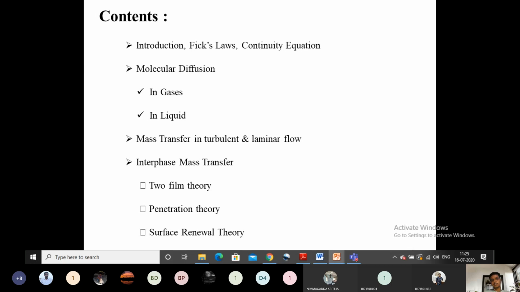Afterwards, we derived the relationship between various fluxes, the two fluxes JA and NA, using the various